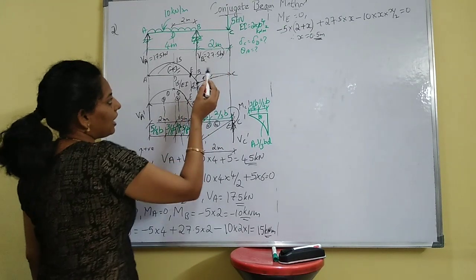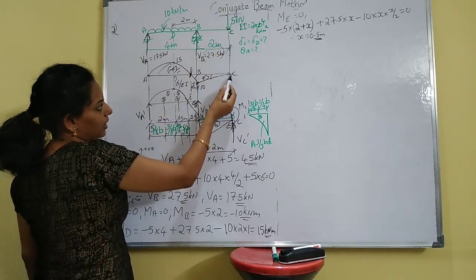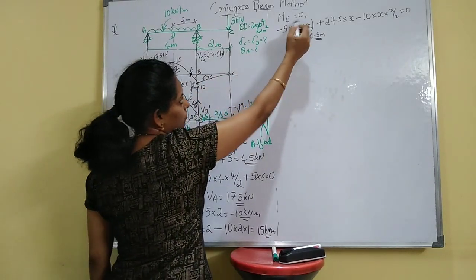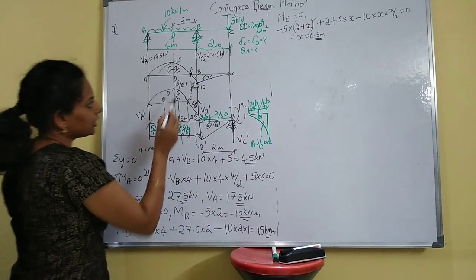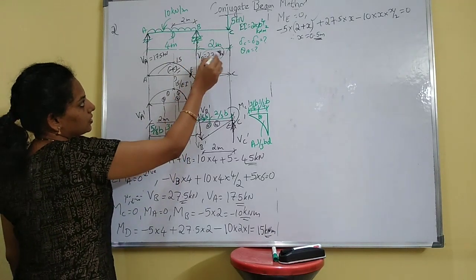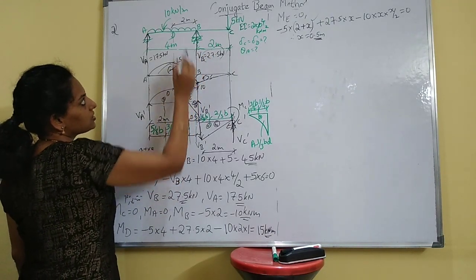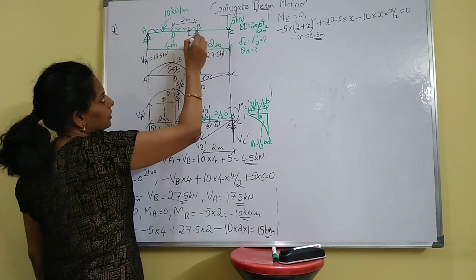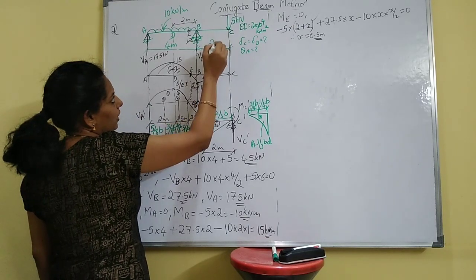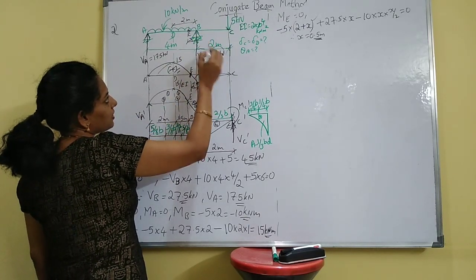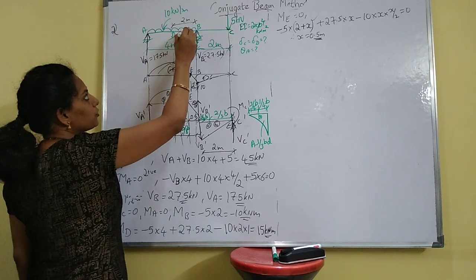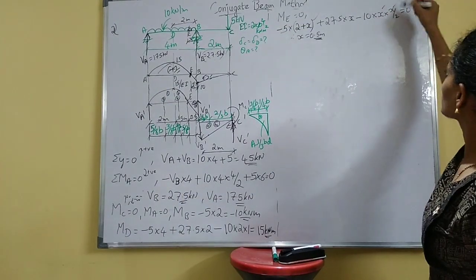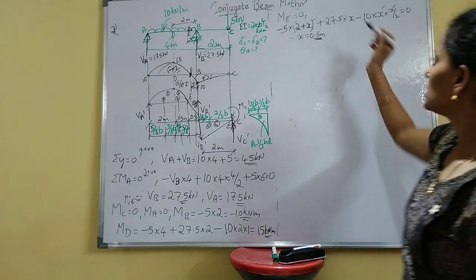Okay. So we have this load, that is minus 5 into total you have this 2 plus X. So minus 5 into 2 plus X. Then this one, 27.5 into this distance, E is here. Okay, so this will be x, so minus 5 into 2 plus x plus 27.5 into x. Then UDL you have to consider only this part. So UDL is minus 10 into x by 2, which is equal to 0.